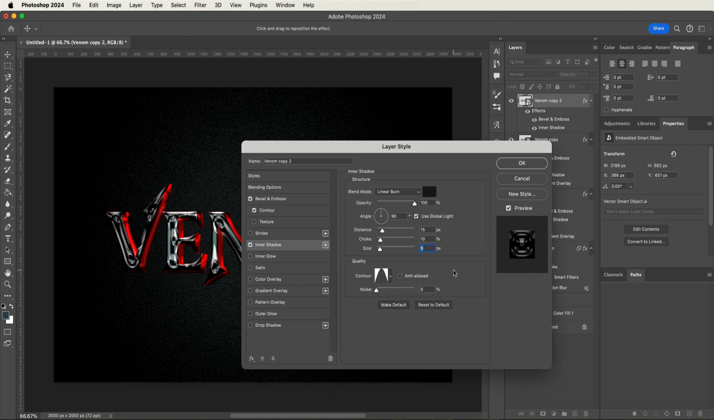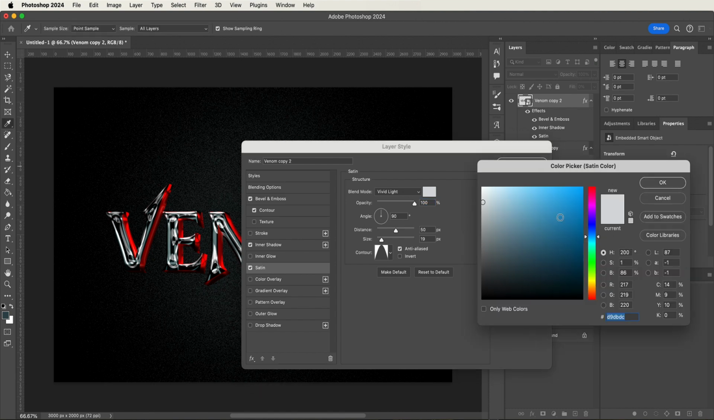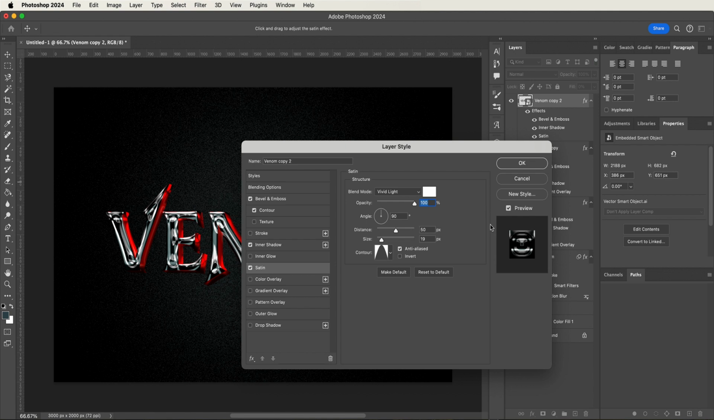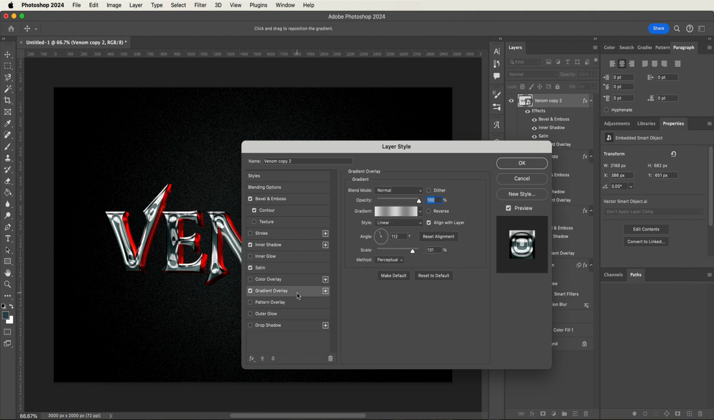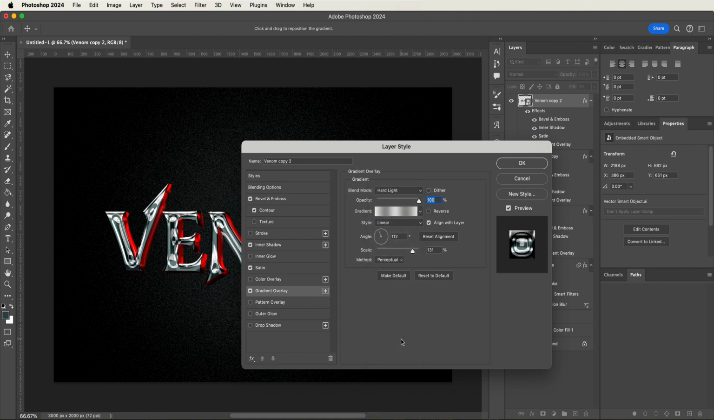Now click on satin, change the blend mode to vivid light, and the color will be white. Distance will be 50, size 19. And now click on gradient overlay. Change the blend mode to hard light. And for the gradient,